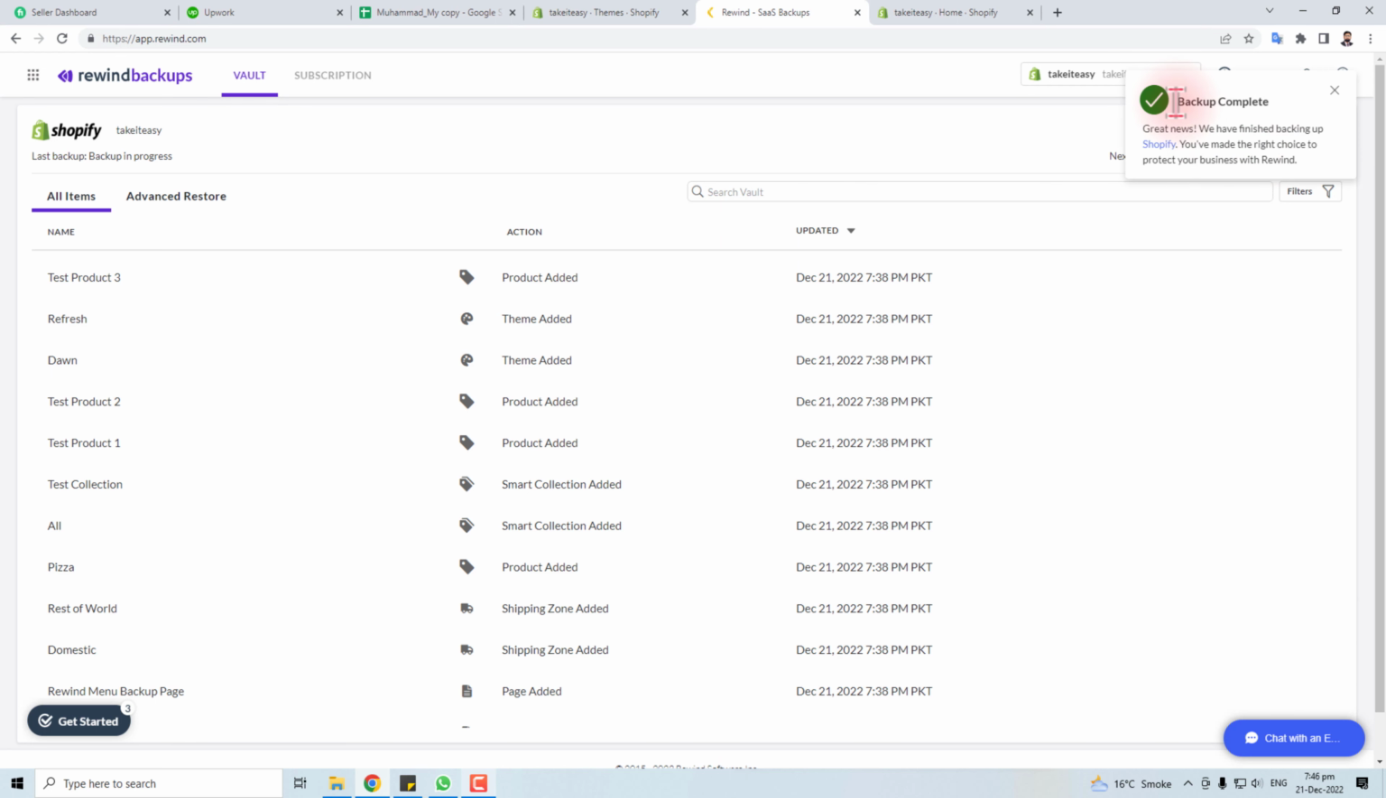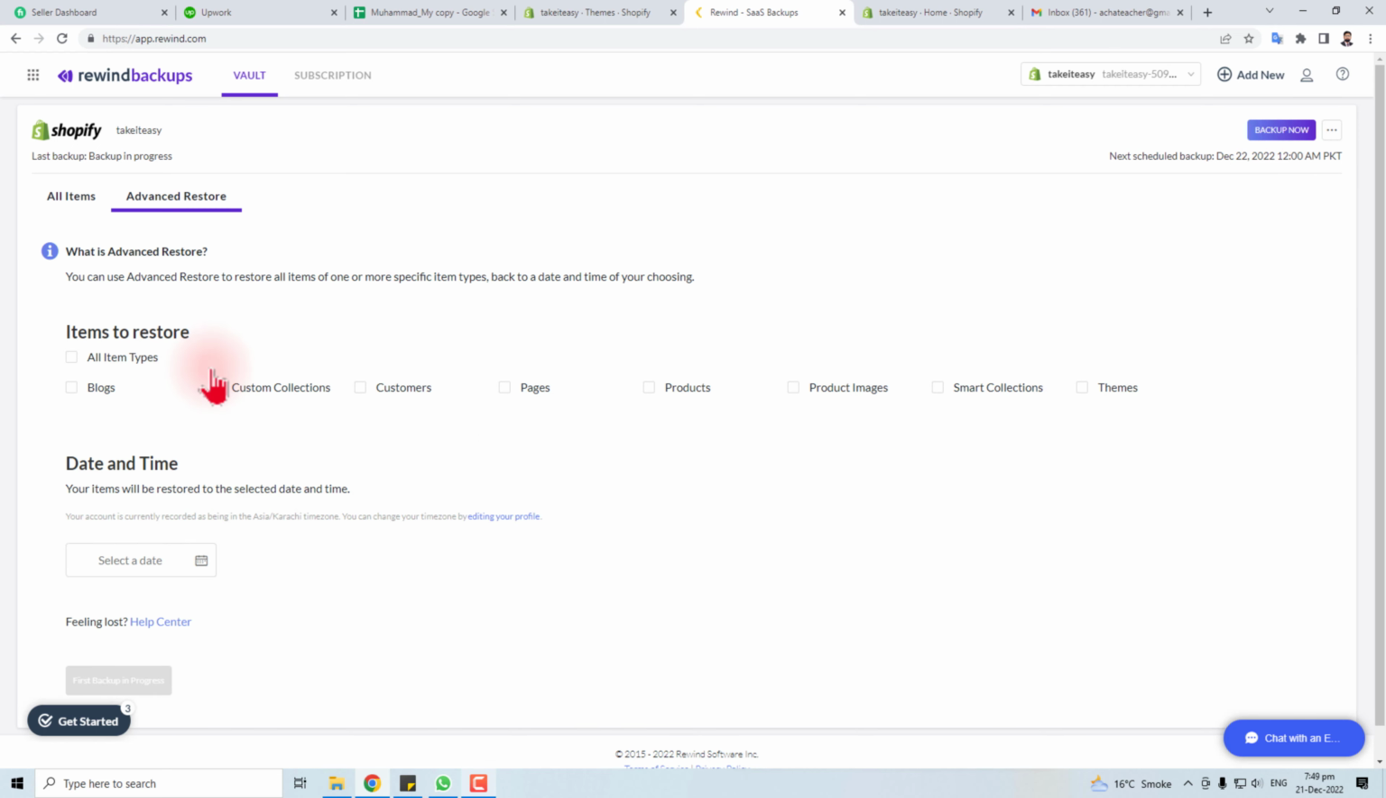Now you can see our backup has completed. You can also restore your data from the advanced store. If you want to restore the product and you have at which position you want, select the date and then